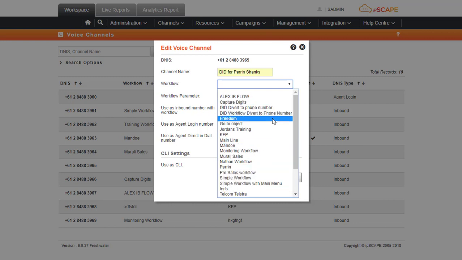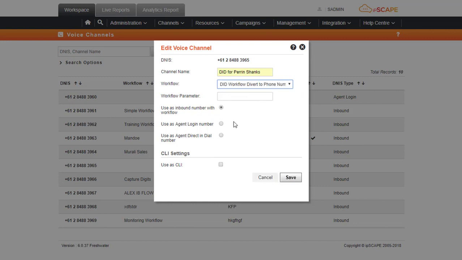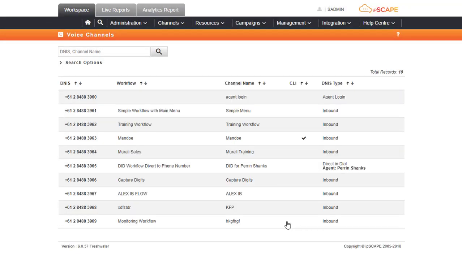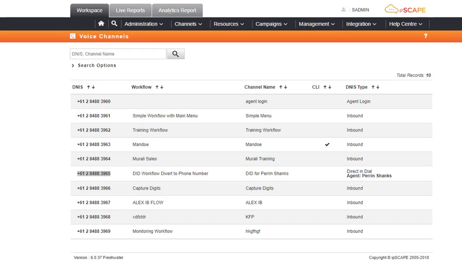And then we choose the DID divert to phone number workflow. Select the third option there. Choose the agent that we want. So that's Perrin. And then the company DID campaign that we want it to relate to. And now if we go to save, that's now configured. So if we call that number now and we're logged in, it will then connect you with the agent Perrin Shanks. If you're not logged in, then it will divert to the phone number that we defined